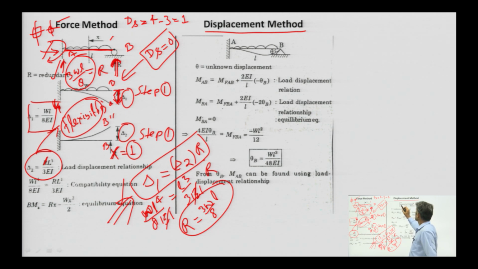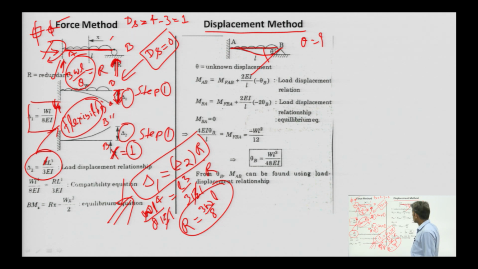What is the degree of freedom at point B here? If this is a hinge, then it will rotate in this manner, and that beam has this slope theta. So, after calculating this value delta, this value